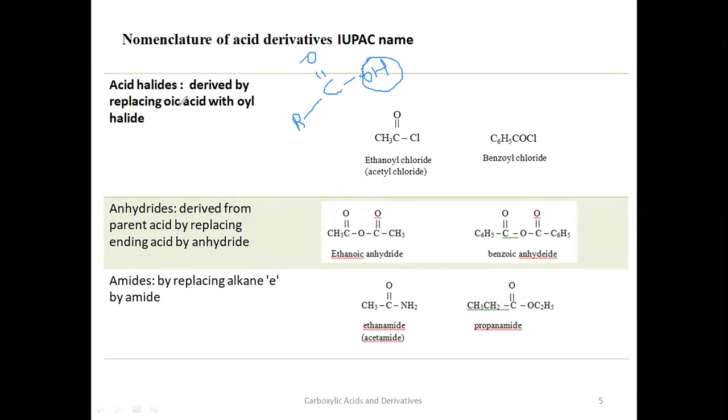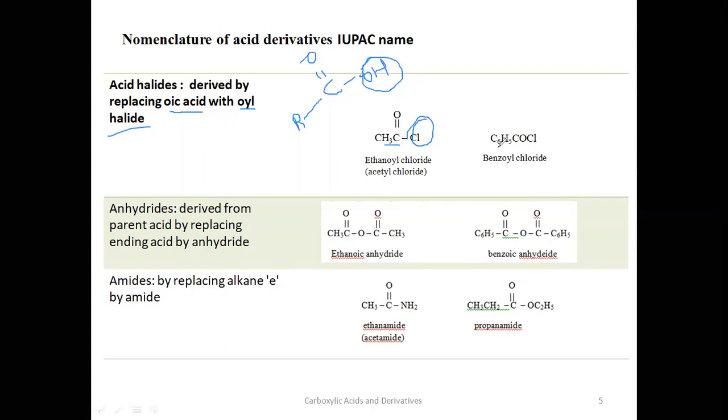And how do you name this compound? In case of carboxylic acid, you use "oic acid". Here in case of halides, when the OH is replaced with a halide, you have to use "oyl halide". Halide means whatever the halogen is, you have to write that. Since chlorine is here, you have to write "oyl chloride". There are two carbons here. So with two carbons, what will be the acid? Ethanoic acid. Now what is the derivative here? Chlorine is the derivative. So ethanoyl chloride.